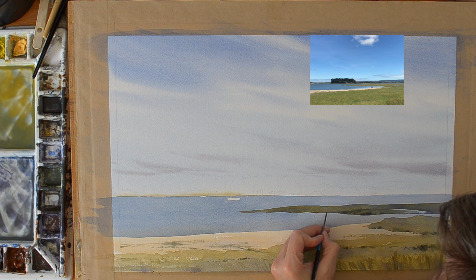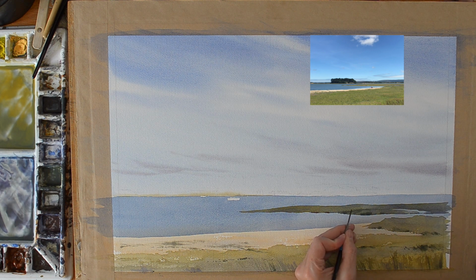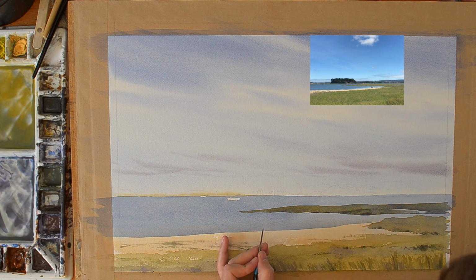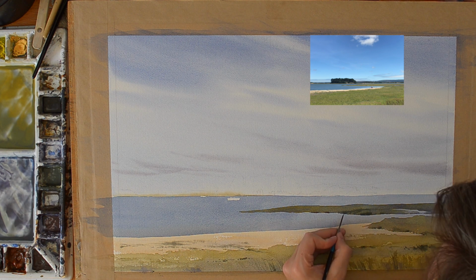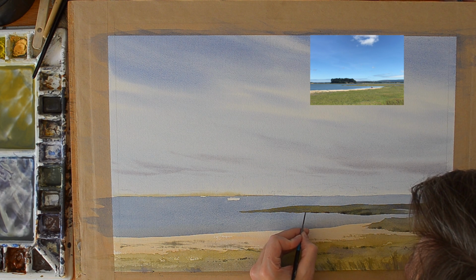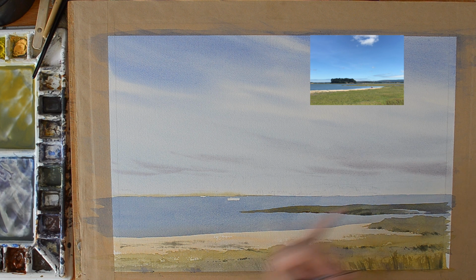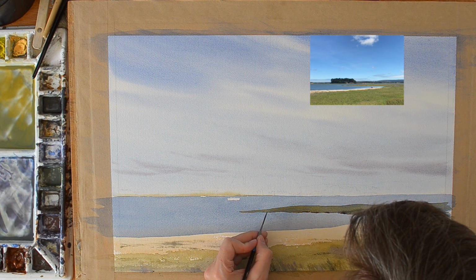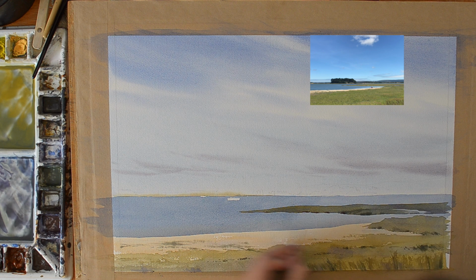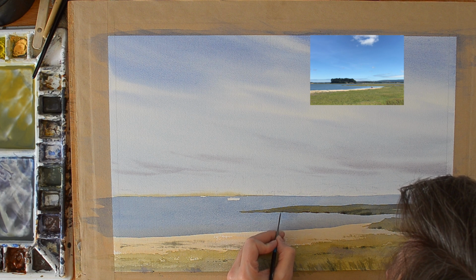Going back to our controlling the wash video again, you can see here it's just bleeding up into what I've painted, and that's because it's almost dry. I can see that the shine has gone off this, but there's just a little sheen to it. It's still damp, and I know I can get away with a little definition here that's just going to bleed up into what I've painted, and it works perfectly because I'm getting a crisp edge along the bottom here where the land meets the sea, and then on the top it's just blending into what's